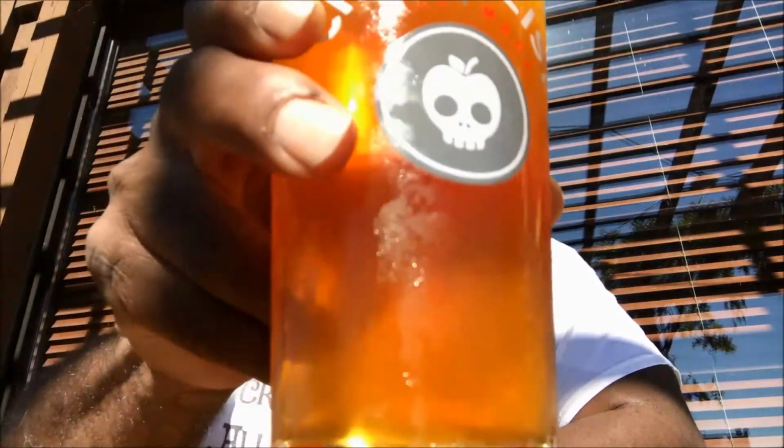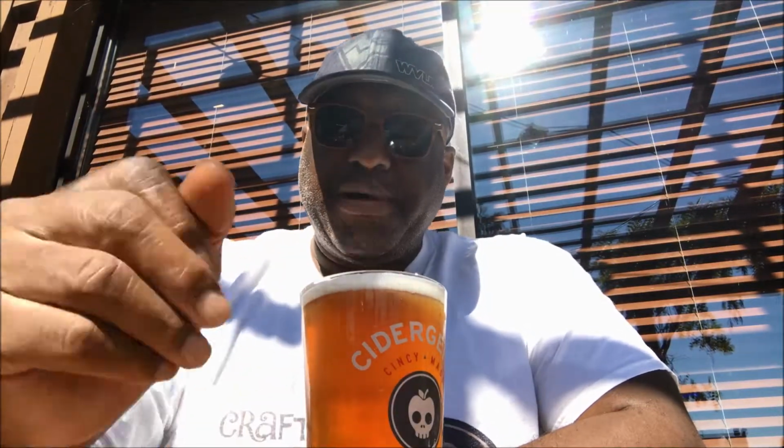Nice, good color on it. You get that nice golden glow. I'm trying to find out where my camera is here, of the beer. The head sits as a nice, pretty much white head. As far as the aroma,